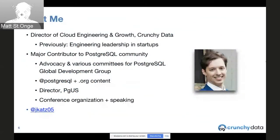I'm responsible for a bunch of our engineering efforts as well as our marketing efforts. And a lot of the experience I bring to Crunchy comes as a Postgres end user, just deploying Postgres in production systems for many years. It's one of my favorite open source technologies, maybe a little bit of an understatement given my involvement in the Postgres community. But for me, I love working with Postgres, and in Crunchy Data, it's all about working